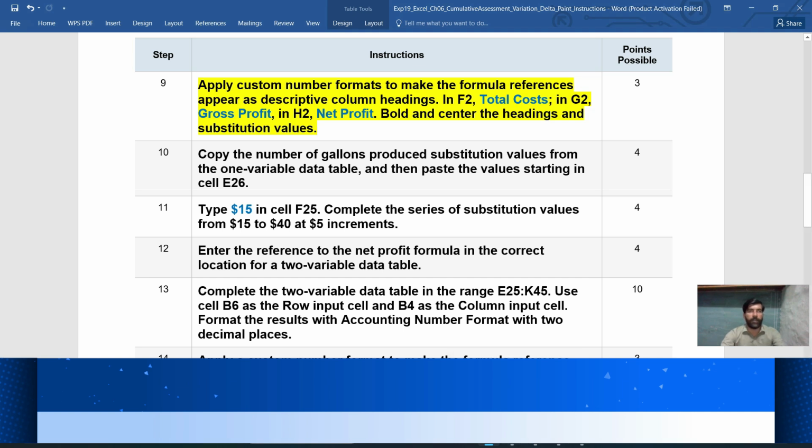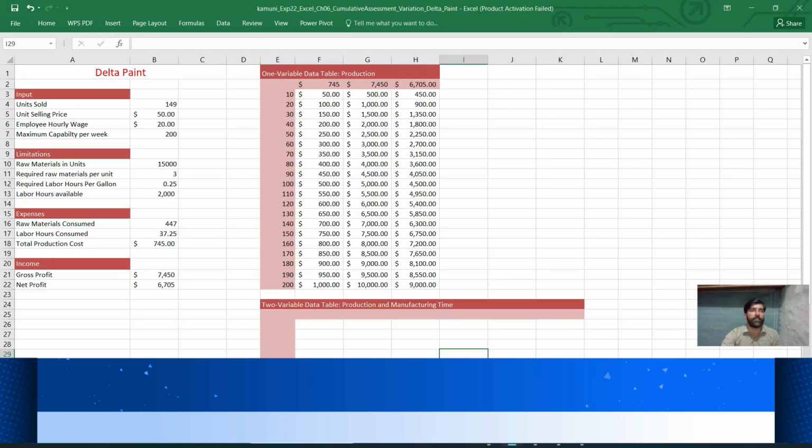To start, I copy total cost and move to the Excel sheet, in F2.